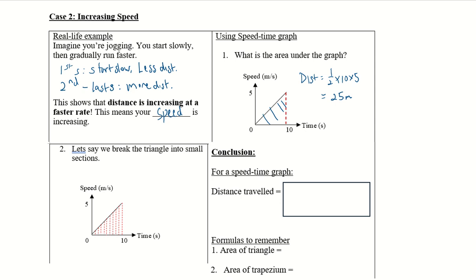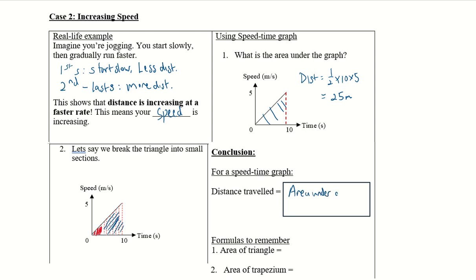If we were to break the triangle into small sections, in the first section I cover a small distance, the area under the graph. I go on, there's more distance, and more distance in the third second, and finally all the way to the 10th second. From the 4th to the 10th second, you realize that more and more distance has been covered. So in conclusion, you can say distance traveled is equal to